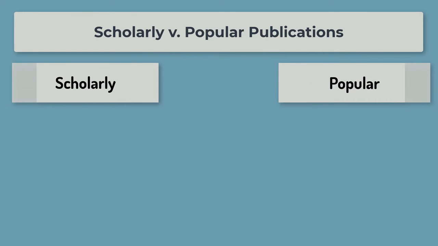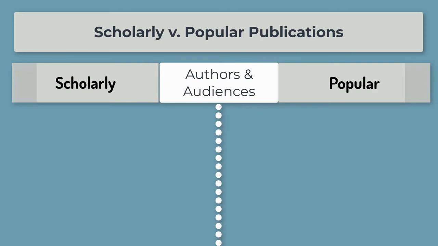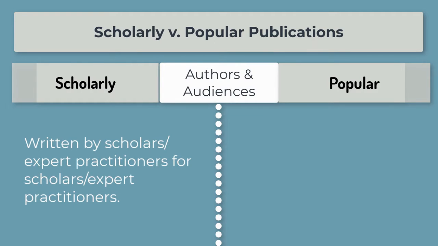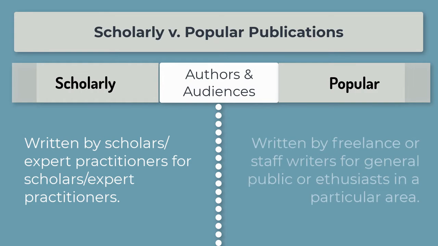Authors and audiences. Scholarly publications are typically written by academics or expert practitioners for other academics or other expert practitioners. Popular publications, on the other hand, are typically written by staff writers or freelance writers for the general public. Think People Magazine, or enthusiasts in a particular area. Think Guitar Magazine. It's important to keep in mind that while the writers may do a thorough job researching for their articles, they are often not experts on the topics about which they are writing,